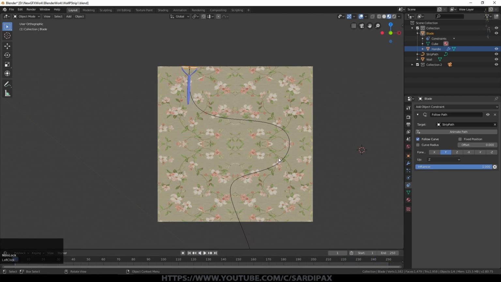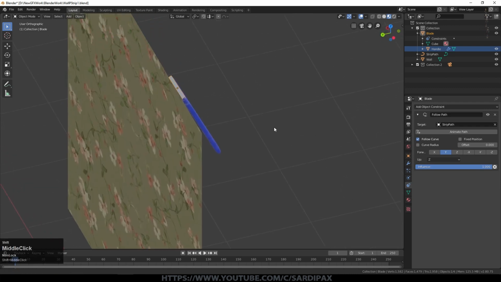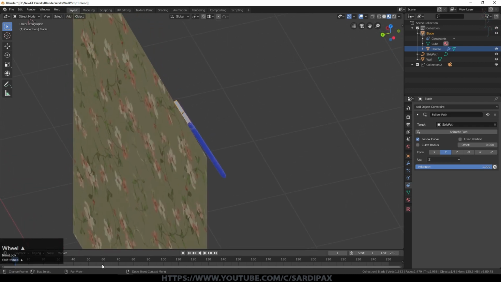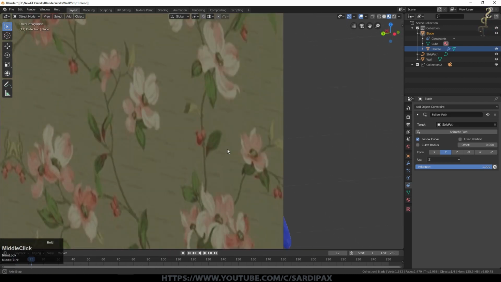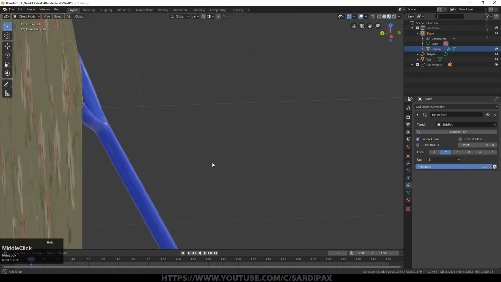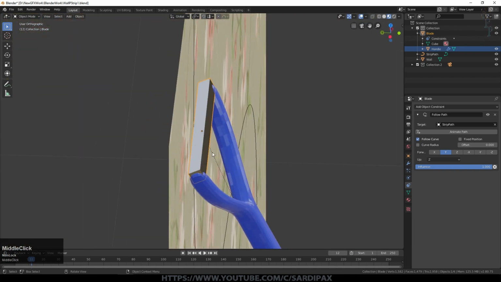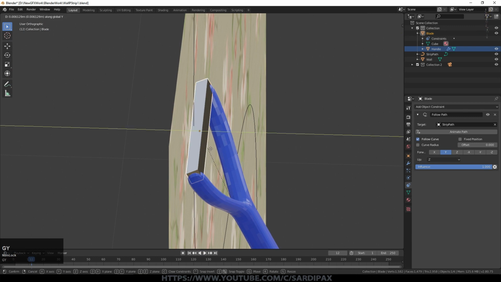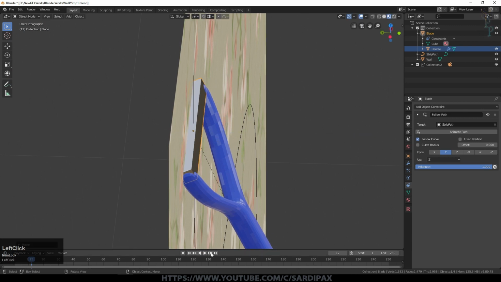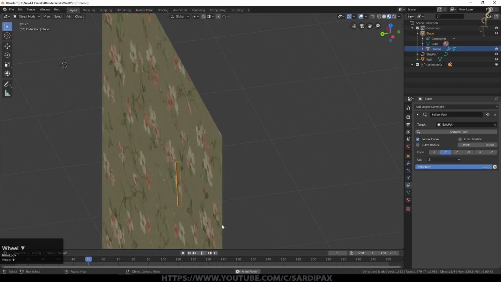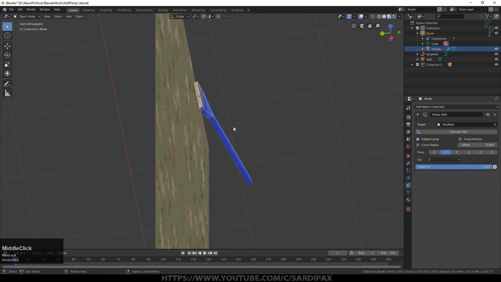And the next thing we need to do is to make the wall appear to lose its wallpaper at that point. So before we go any further, let's just make sure that the cutter is actually contacting with the wall. It's not quite doing so at the moment, and this will become clear as to why it's important in a moment. So I'm just going to move it in with GY just so that it does touch the wall. And now we can see it's mostly poking through the wall. Perhaps I'll push it in a little further.